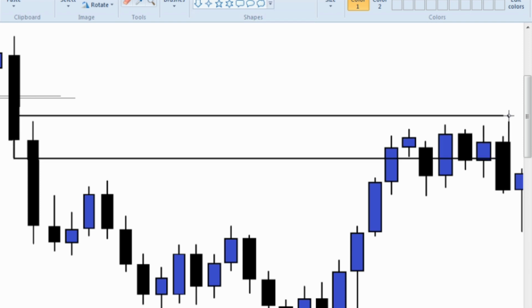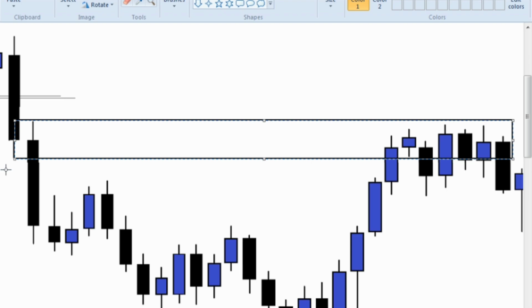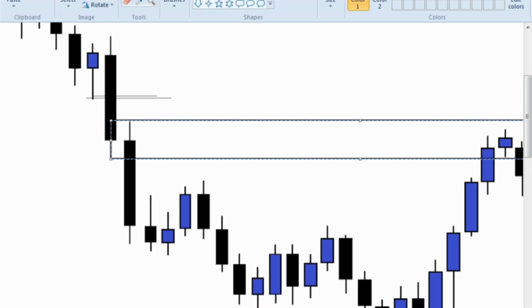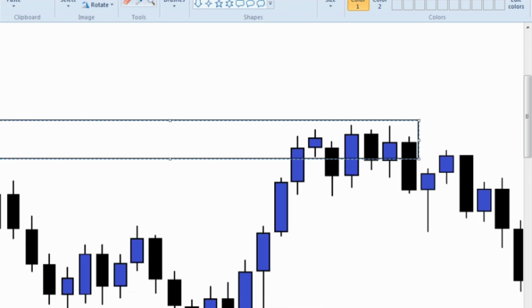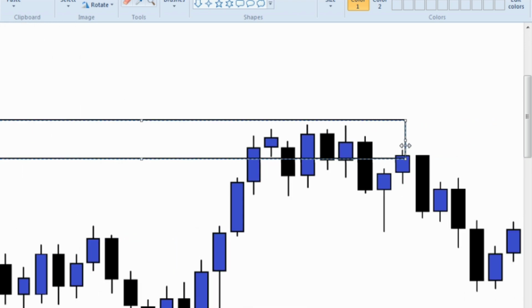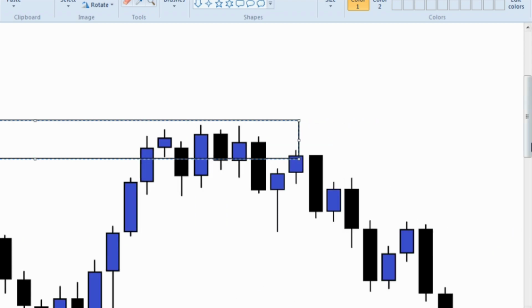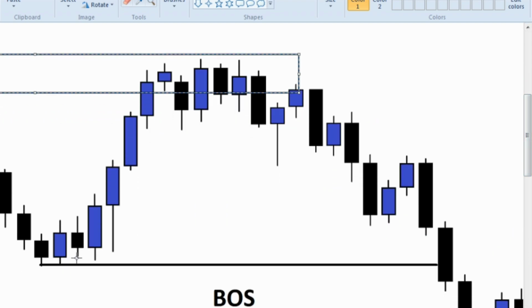Here you can see the market comes to the supply zone, where the previous buyers entered and it went downside. What I said: the zones where the buyers enter and suddenly sellers come in are very important. And see this, the market comes to this zone, mitigates a while and moves downside. And what should our target be? The target should be the low of the pullback. So this is the low of the pullback. You can trade